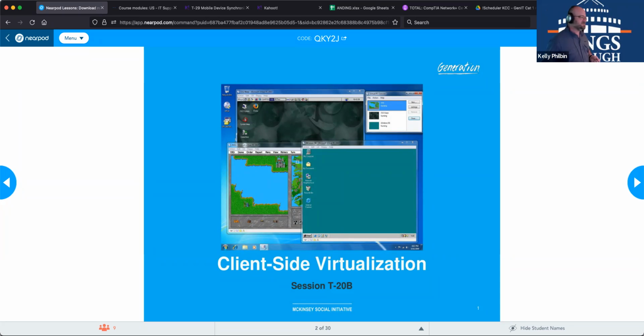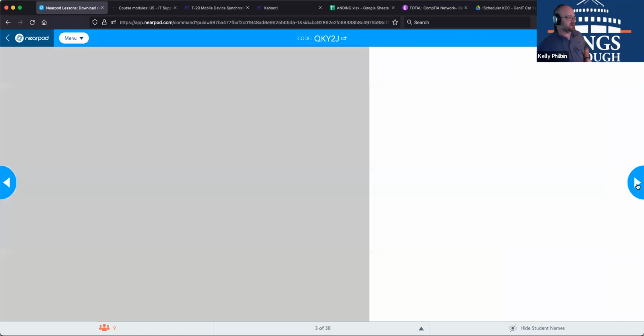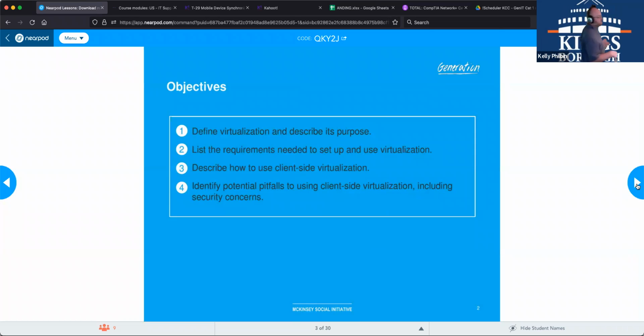So client-side virtualization, where we will be talking about setting up virtual machines on other computers. What does that mean? We're going to define virtualization, describe its purpose. Why would we use such a thing? List some of the requirements that you're going to need to set up and use virtualization, and describe how to use client-side virtualization in and of itself, and identify some potential pitfalls to using client-side virtualization, including some security concerns,